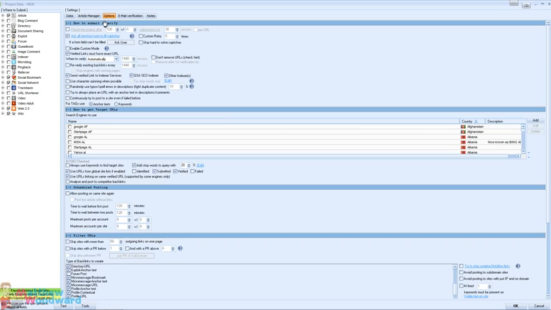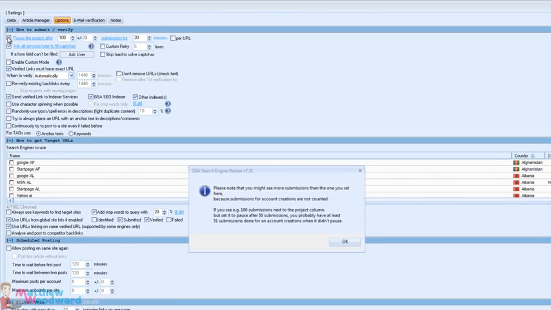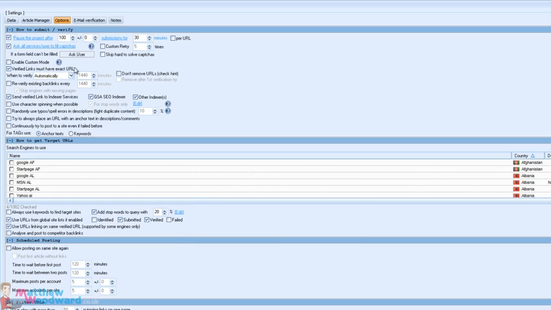So let's jump to the options. Now, we have lots of options to work through here, which can be quite confusing, but trust me, it's pretty simple. So, first of all, you can choose to pause a project after a certain amount of submissions or verifications. So you could say, I want to pause a project after 100 submissions for 1 day. So after it's submitted 100 links, it won't submit any more links until the next day, and it will submit